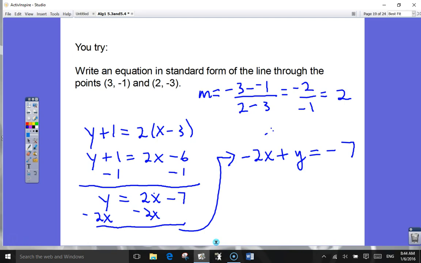That's not right. So you used y plus 1 equals 2 times x minus 3, 2x. If you subtract 1, -6 minus -1 is -7. Other than that,